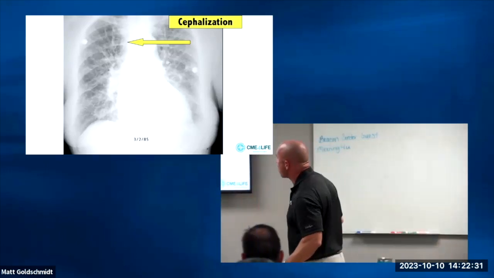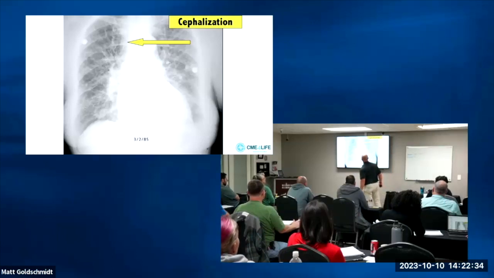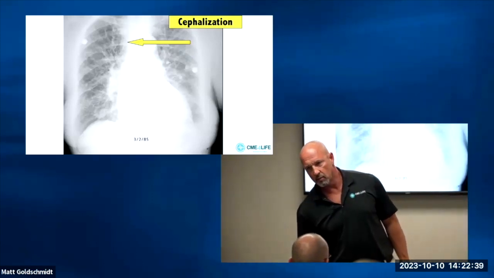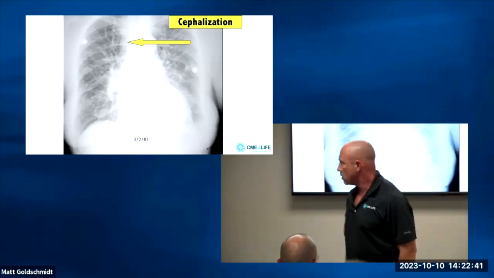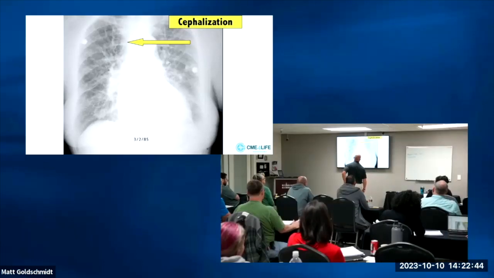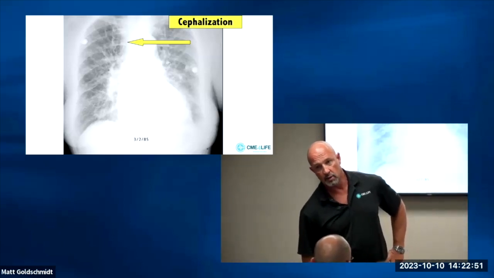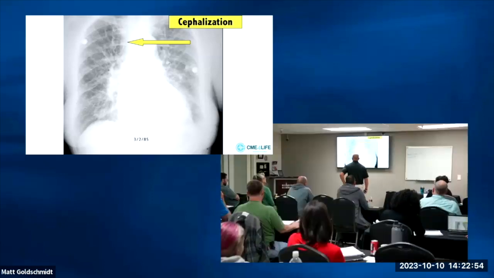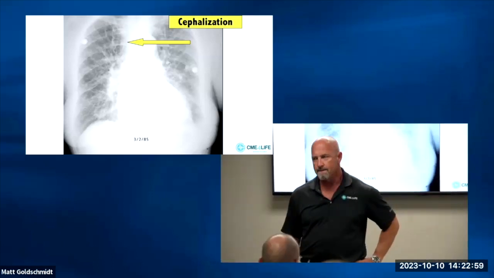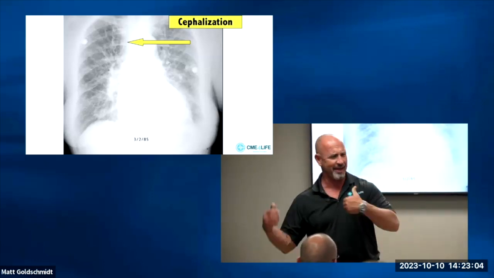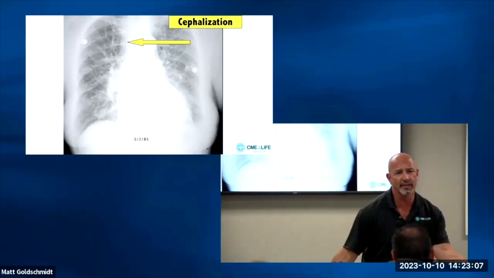I'm going to go like this. What was the patient's O2 sat when they came in? 86% on room air. Huh. What do the patient's lungs sound like? Oh, bilateral rales in the lower bases. Huh. What's the patient's BNP? Oh, 1400. Huh. Yeah, that's cephalization. Of course it is.